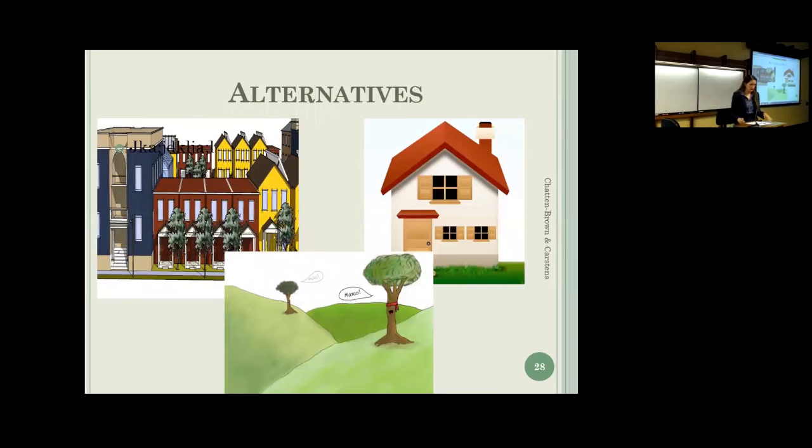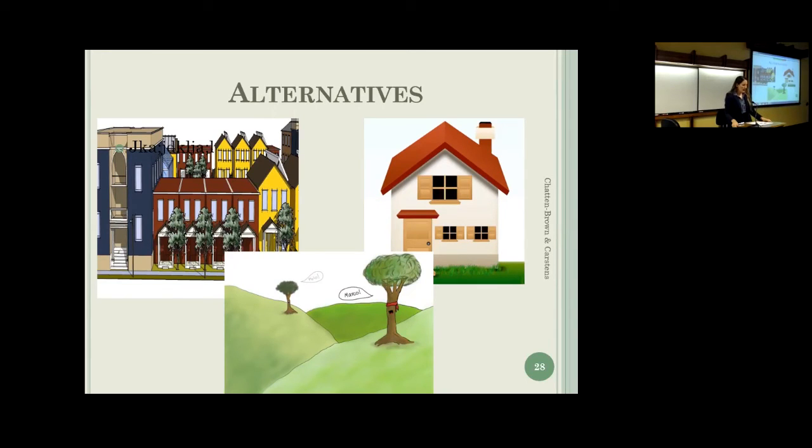I think Deborah's going to talk a little bit more about alternatives, but just briefly what's required. An EIR is required to consider a reasonable range of alternatives. There isn't a set number that needs to be studied. The no project alternative definitely needs to be analyzed. If there are impacts that are very specific to the location of the project, you're proposing to build on a wetland. There's other sites all around that are not wetlands. You should analyze, the agencies should analyze alternative locations in addition to alternative configurations of the project.